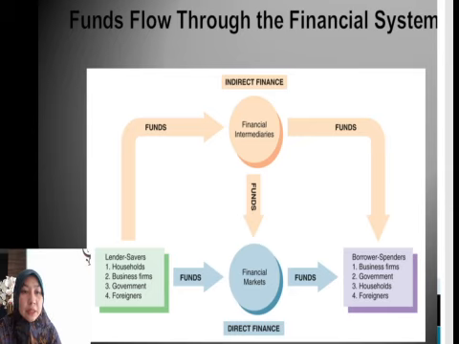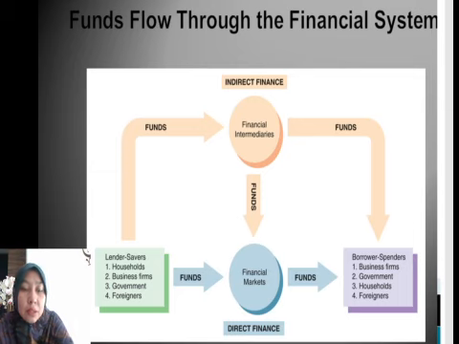So these are the surplus units, meaning that they have money. Okay, they don't know what to do with their money. Rather than just keeping it under the pillow, which is unsafe, we now have banks that can safekeep our money on behalf of the household, on behalf of the surplus unit. Okay, so the units here are households like us, business firms, government and foreigners. When they have money, they want to ensure their money is safe, so they will channel or safekeep their money with the financial intermediary here, a bank.